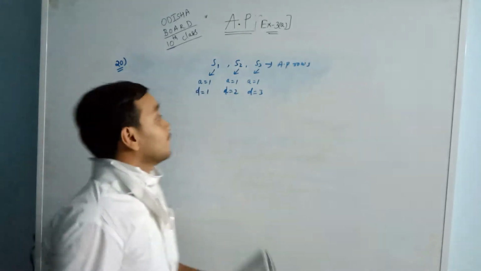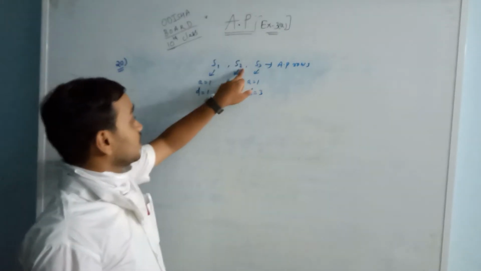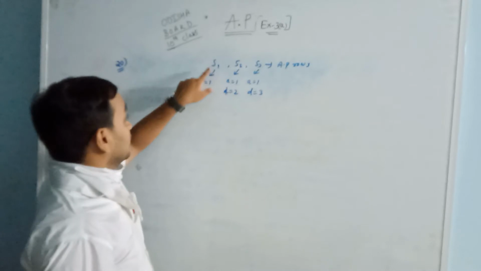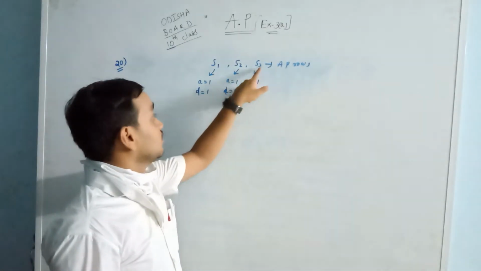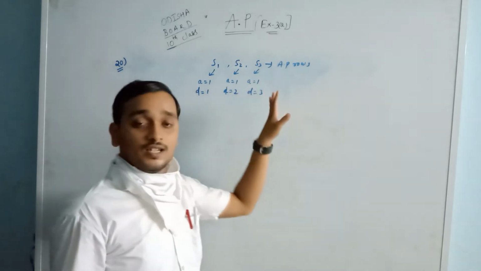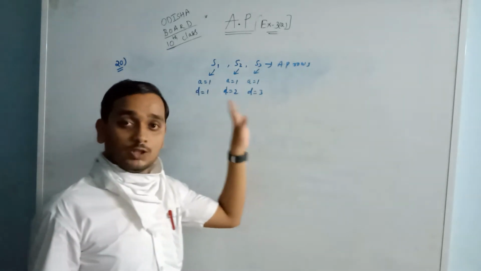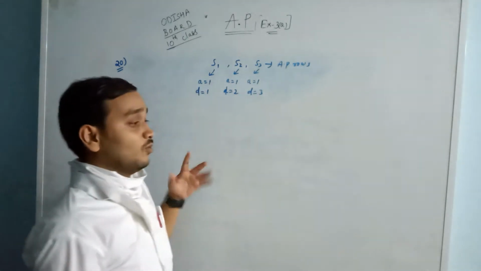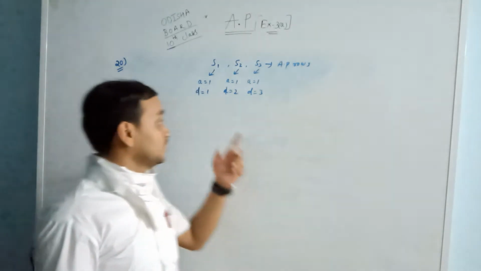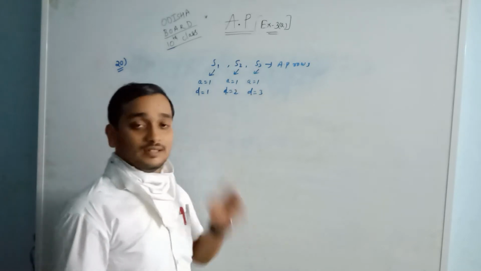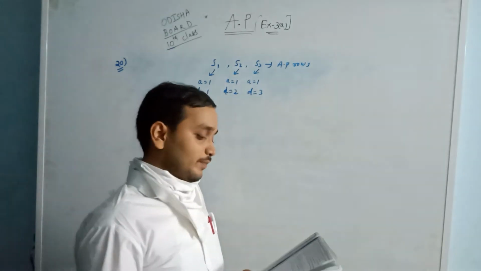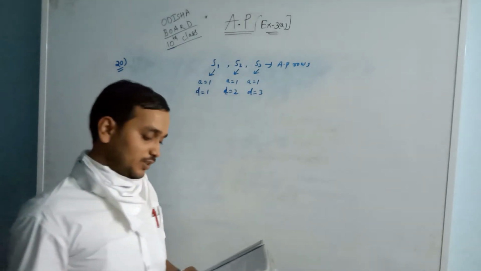Did you understand? Look, first row, second row, third row. In the first row A is equal to 1, in the second row also A is equal to 1, in the third row also A is equal to 1. First term, that means A, is the same in all the rows, but what is the difference? Common difference D is equal to 1 for this row, 2 for this row, 3 for this row. Now we have to prove that